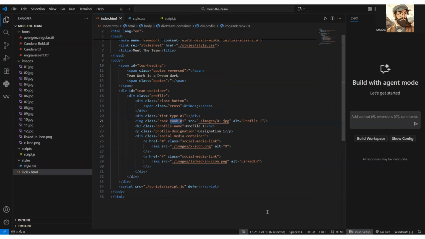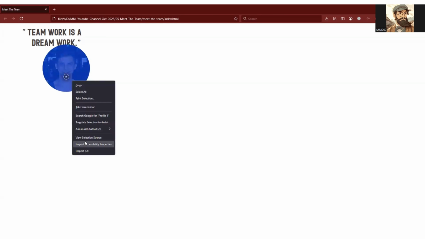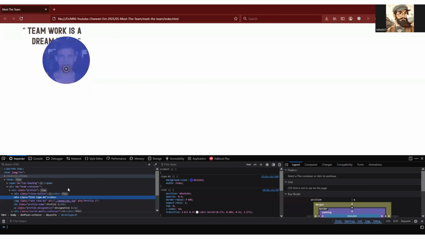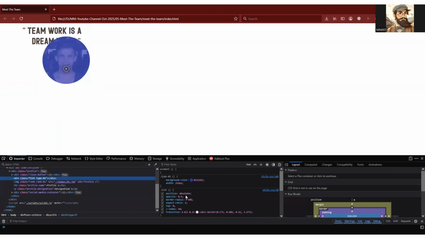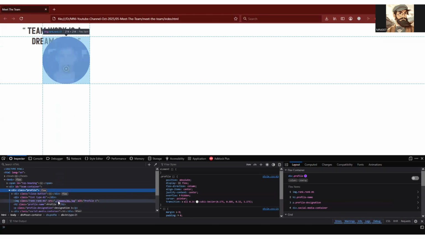So let's quickly visualize how this profile looks. It should appear on top left corner of our team container. So let me share my screen and let's refresh. So this is how it is looking, and it has all the properties. So let me quickly inspect it. And here we can see that we have all these elements. This is profile, and then